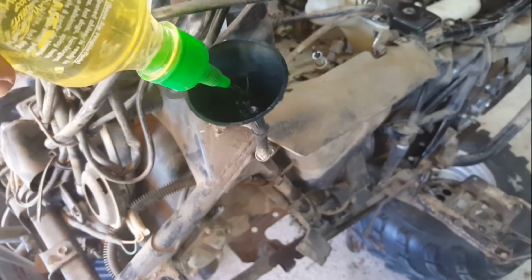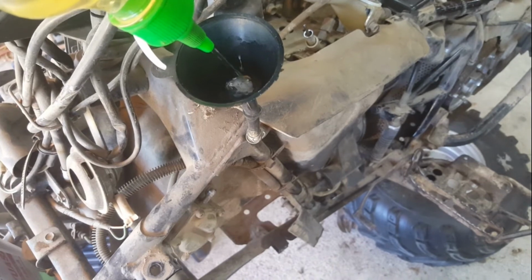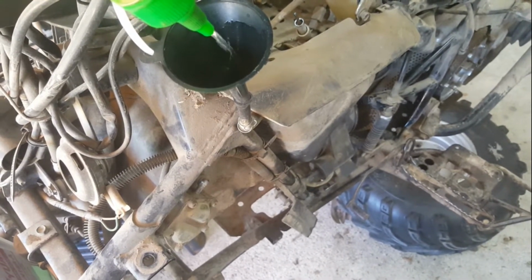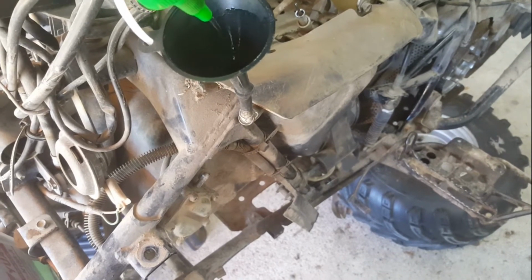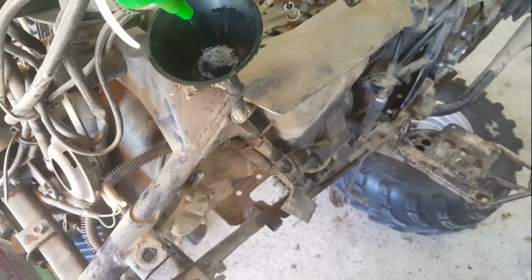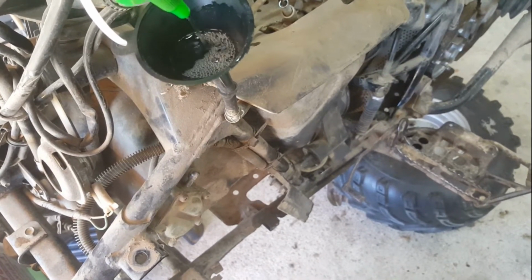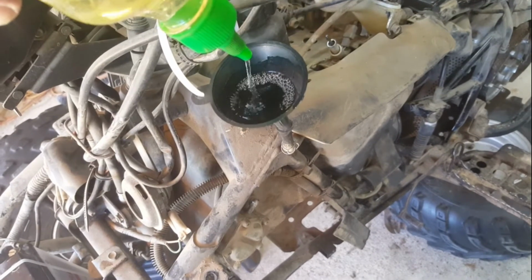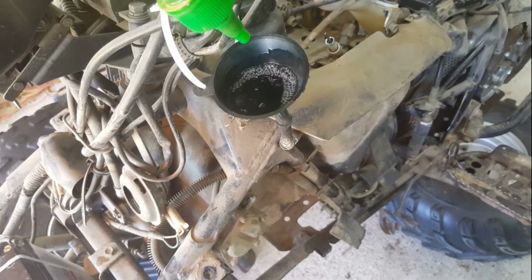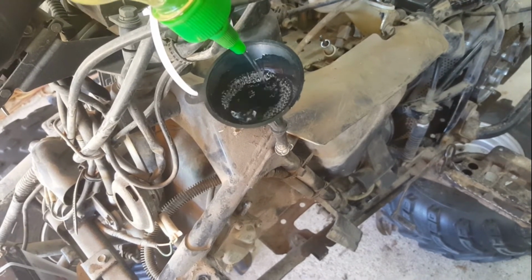I'm going to add a bit of fuel to this gravity feed tank. It should be running down there through to the carby bowl. And then it will start to fill here. I don't know whether it would be trickling into the carby bowl, or